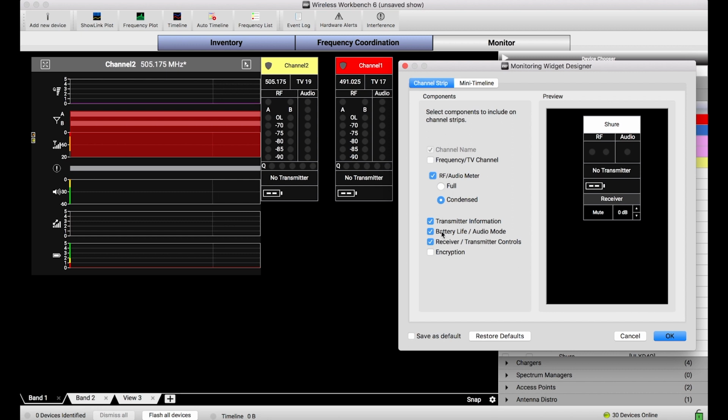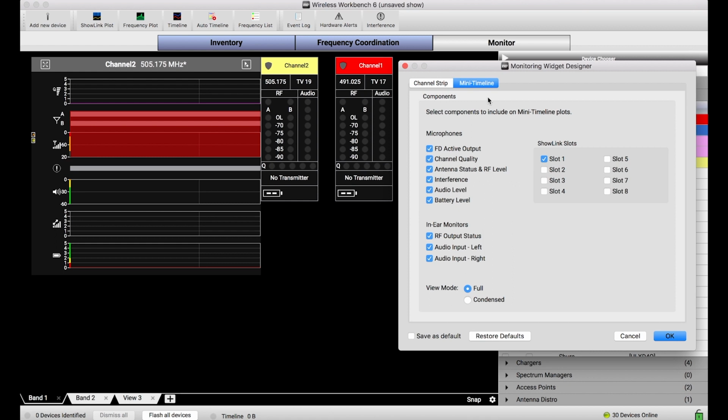So anyways, I can choose to show or hide anything that I care about for channel strips. Let me turn, you know what, I'll put it back in condensed mode. And then the same thing goes for mini timeline. If I don't care about show link slots or I don't have any show link transmitters and I don't want to see battery info because I've already got it in the channel strip, I can show and hide different elements